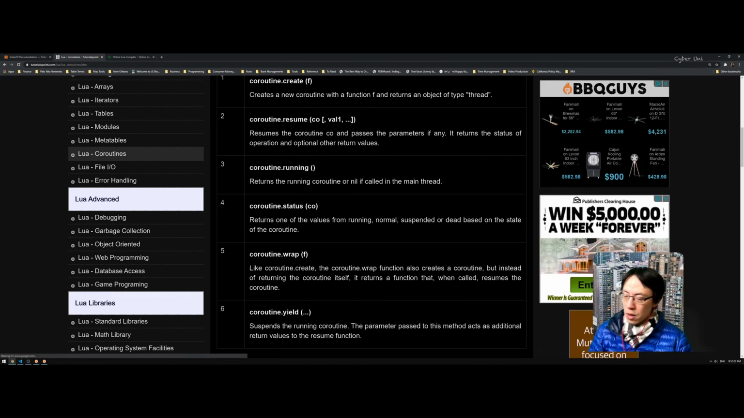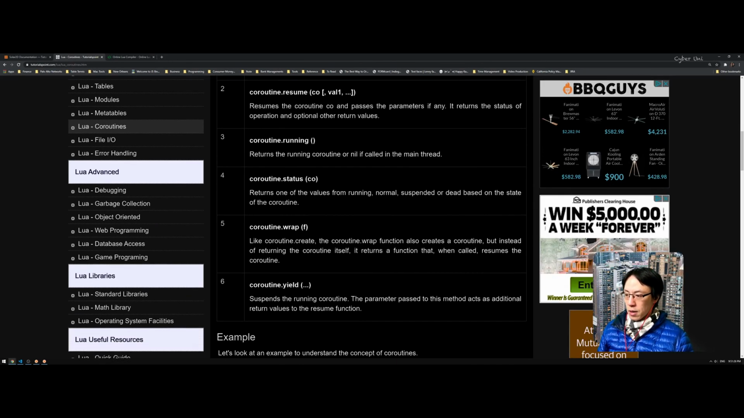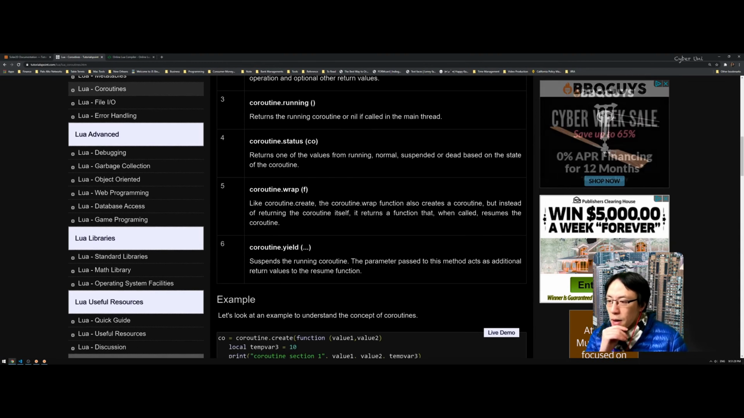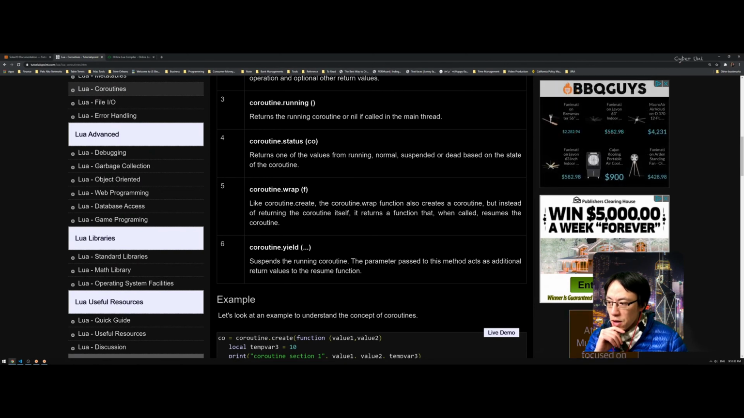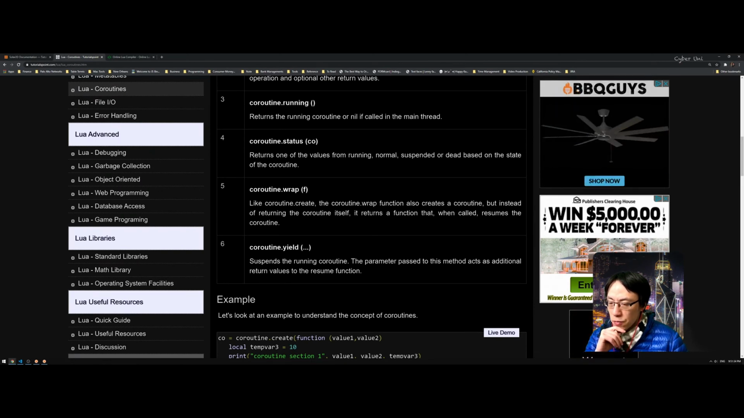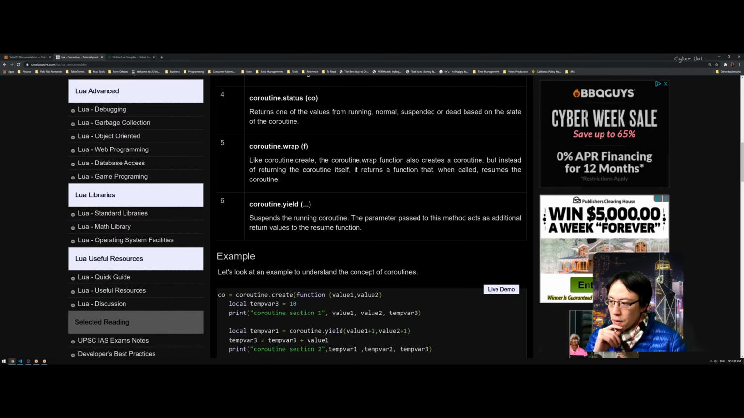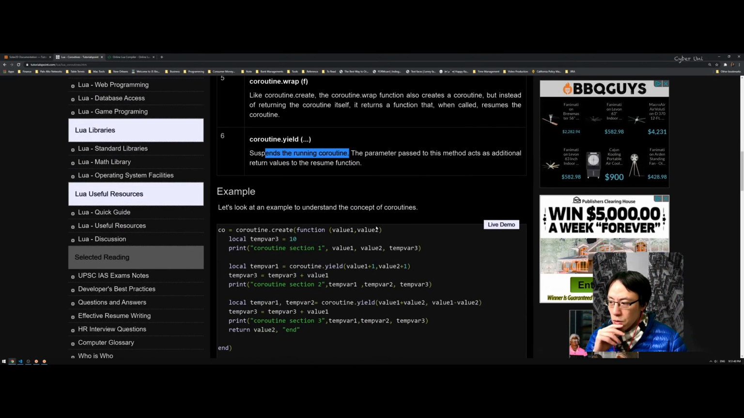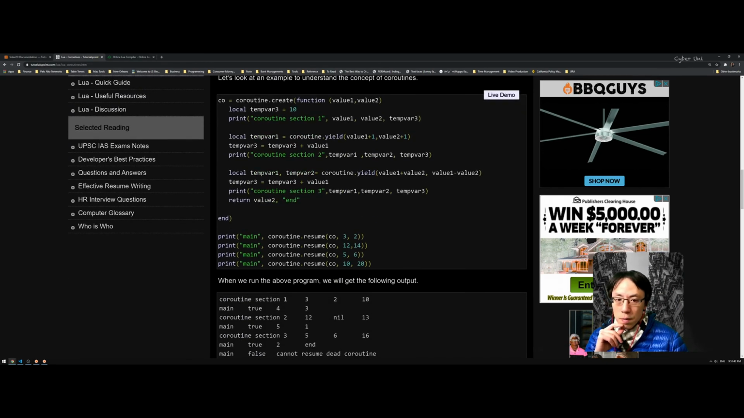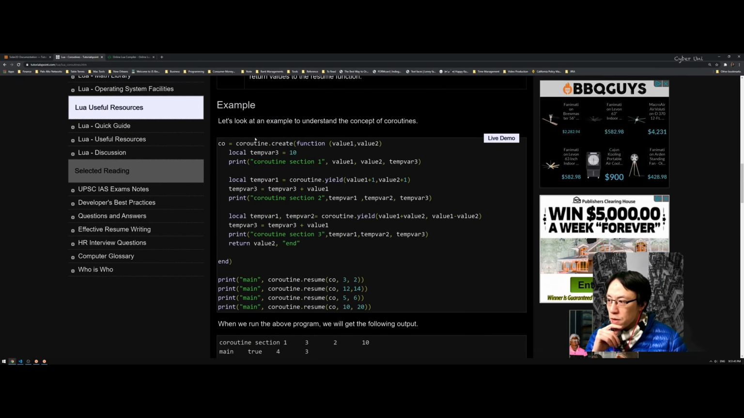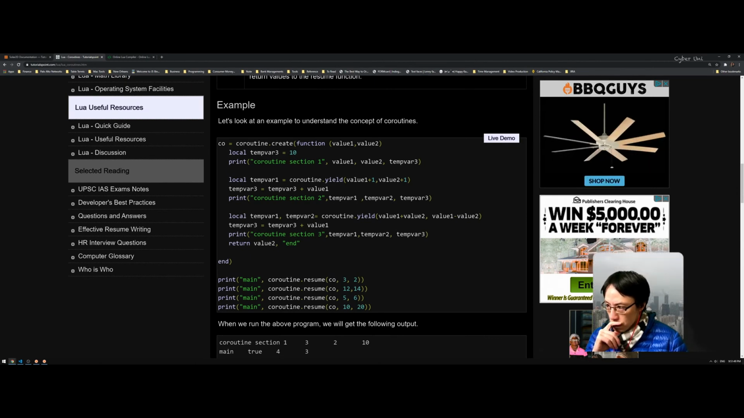Okay, executing coroutines and get the status and wrap. Also create coroutine, but instead of returning the coroutine itself, it returns a function that when called resumes the coroutine. Okay, suspend the running coroutine. Okay, that's fine. So because of the nature, we'll probably skip this session because